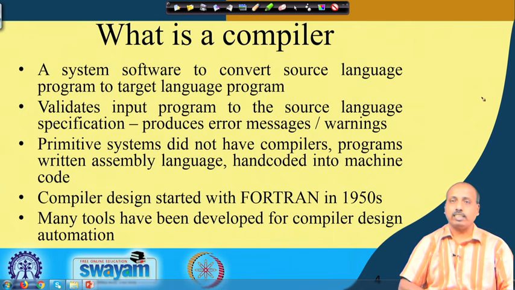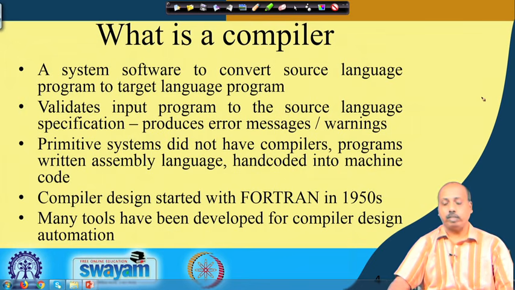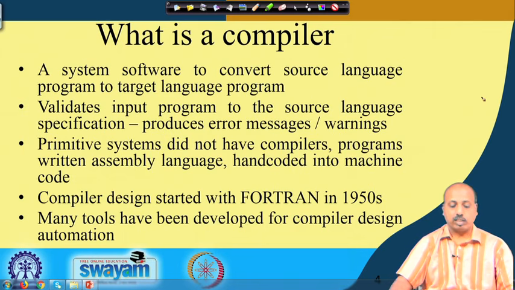If there are errors in the program, then the compiler does not generate the final target code; it gives the errors and comes out. But if there are warnings, the compilers generate the target code also, but the generated target code may not be very good. It may be erroneous.